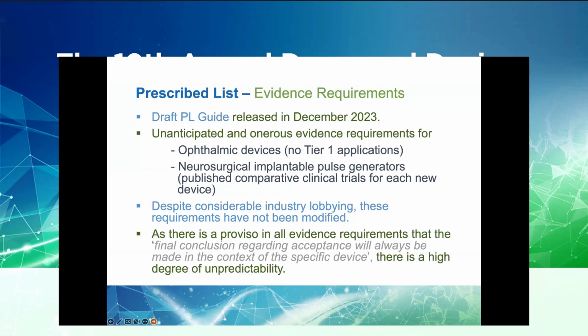However, there were some really unanticipated and quite onerous and specific evidence requirements for a whole bunch of different clinical groups. So that was cardiovascular, neurosurgical, ophthalmic, orthopedic, and some others. Most of them were not too much of a surprise, but the ophthalmic devices, particularly the lenses, are class 2B and ordinarily would have been able to be assessed under an abbreviated process, a tier 1 application, because in many cases they're a commodity-like device. They are not allowed to be assessed under that process and must go through